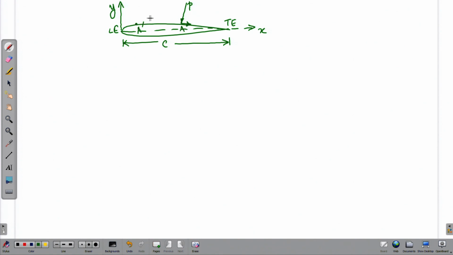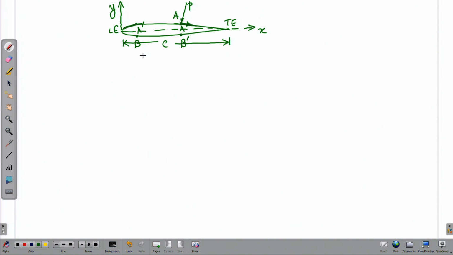On the upper surface, we will define 2 points A dash and A, where A dash is near to the leading edge and where the airfoil is sloping upwards, while the A point is here in a region nearer to the trailing edge and where the airfoil surface slopes downwards. Similarly, on the bottom surface, we will choose 2 points B and B dash, where similar things happen.